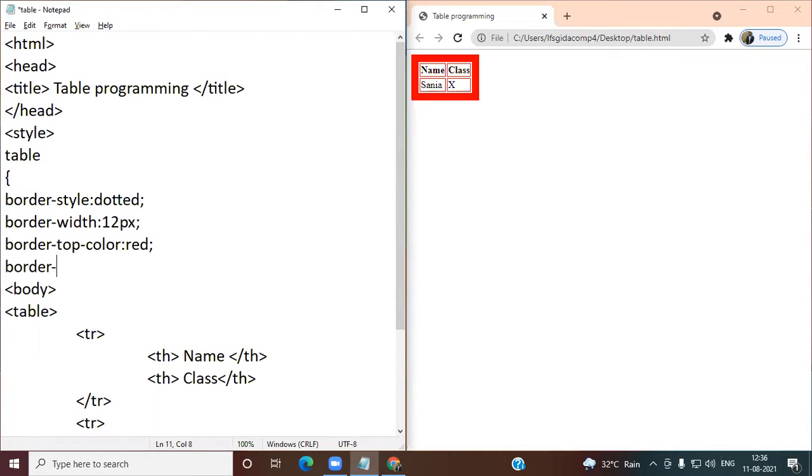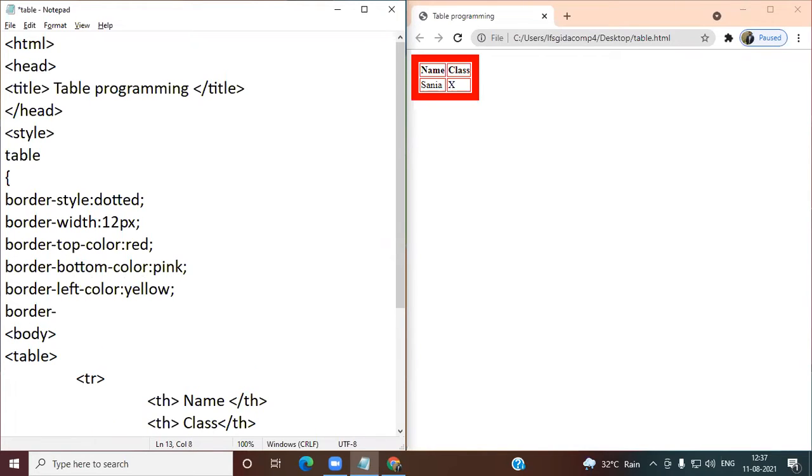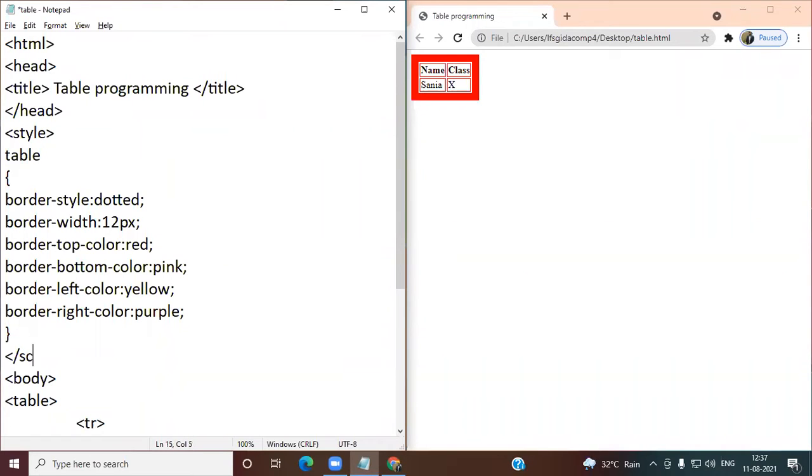Border bottom color will come in pink. Border left color will come in yellow. Border right color is equal to purple. Yes, this style also goes. And let's come here, refresh.